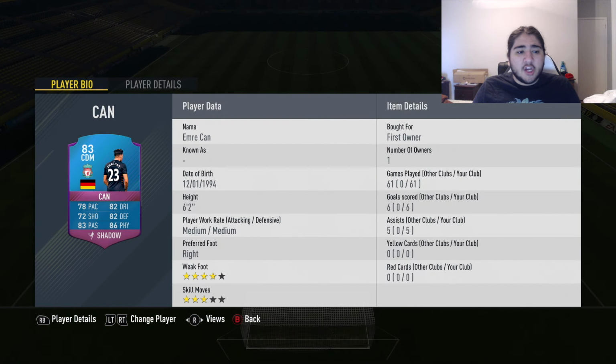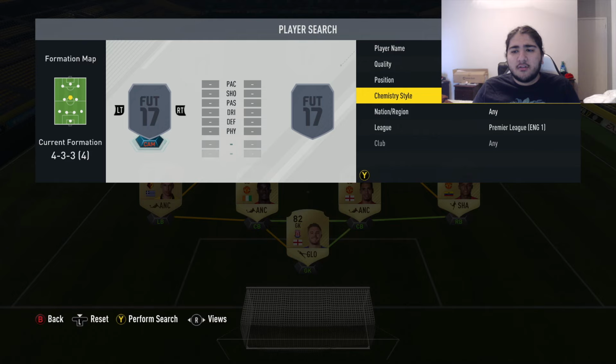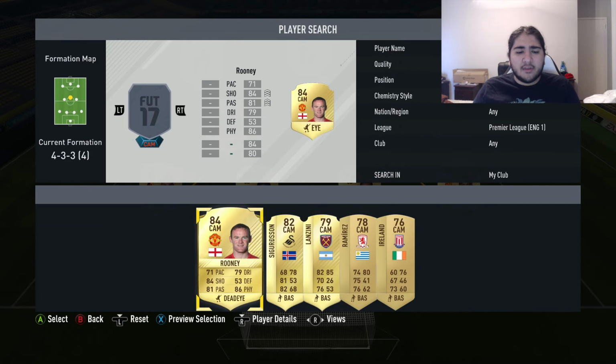But yeah, I think Emre Can's better than Kante. I know, I said it. I think he's better because he's just bigger. He covers more of the pitch. He's got better stats. He can actually provide offensively. And I just like him better. And if you missed out on the SBC Can, sucks, bro. I would probably use Kante, or actually you can just use his regular card, Emre Can. But yeah, boys. And then at CAM, he uses another card that you wouldn't probably use at CAM, but I